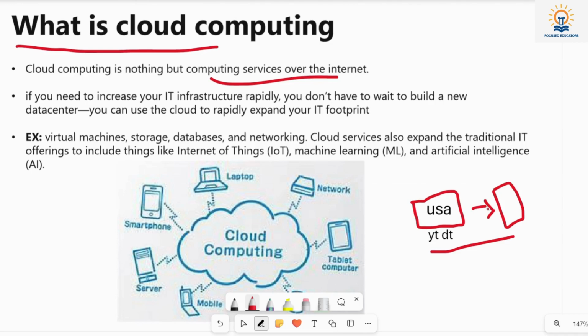After that, we are using different websites, correct? After that, we are remotely connecting to servers over the sea, so that is also cloud computing. Okay, so